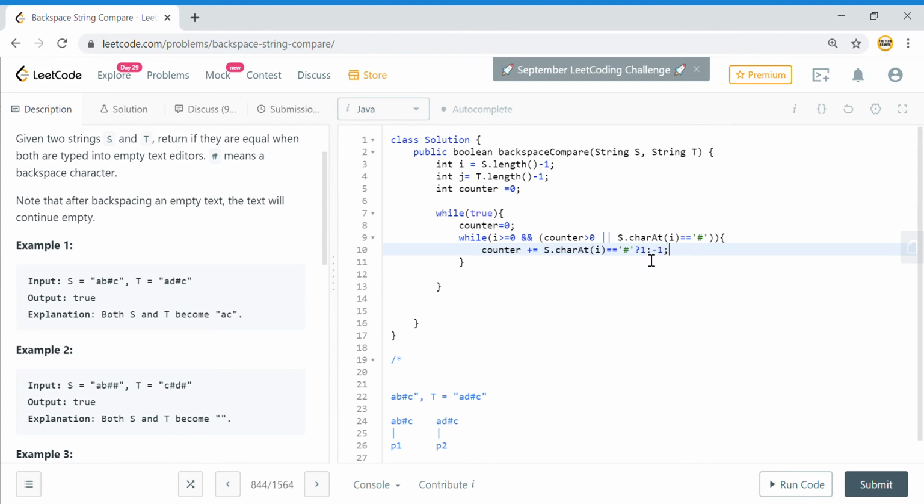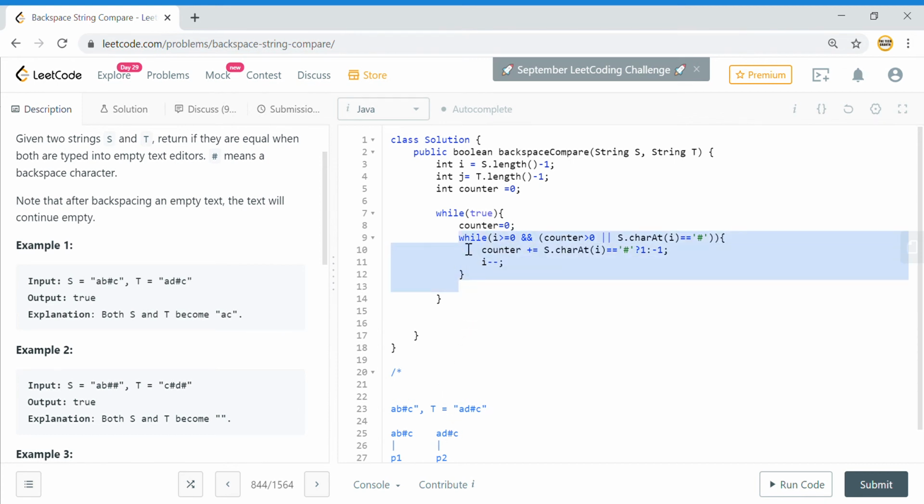If it is hash, then I will increment my counter, otherwise I will decrement. And definitely I need to skip the comparison of this character at i. If I come inside this loop, I need to skip the comparison of this character, so I will just decrement my pointer i to the next one to compare.